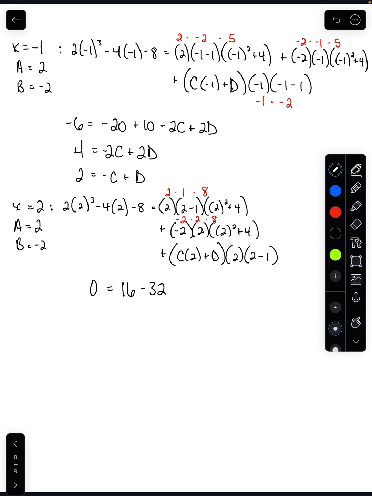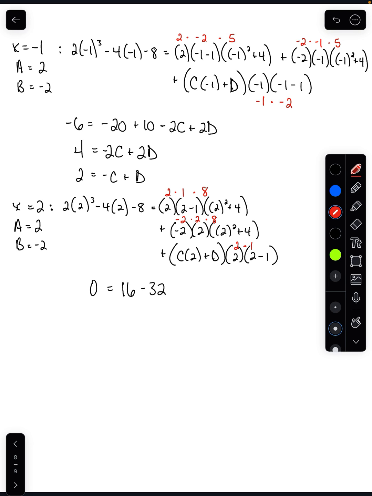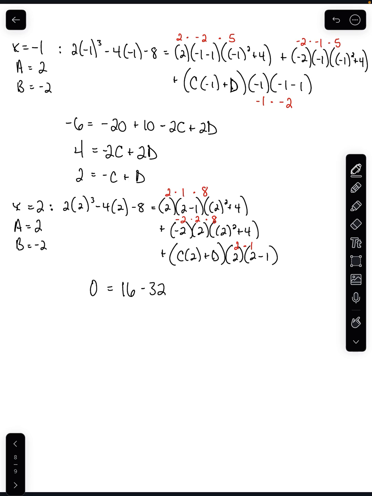And the third term is 2 times 1, or just 2, distributed into the 2c plus d, giving us 4c plus 2d. So again, rearranging all this, we're now going to end up with 16 is equal to 4c plus 2d. And what we now have